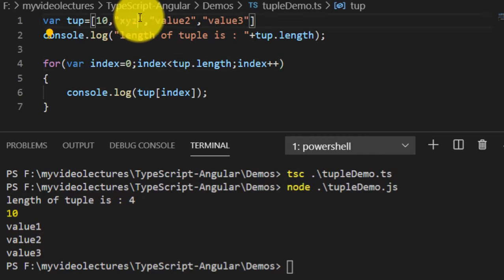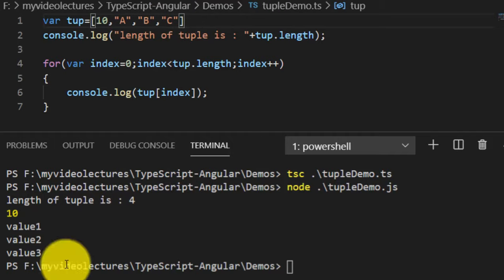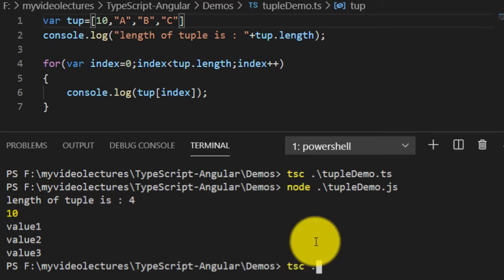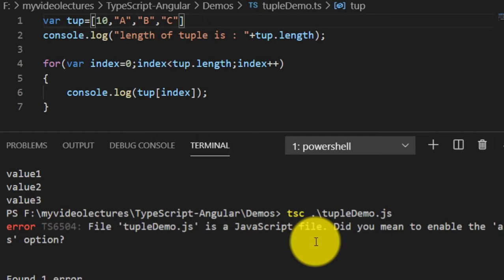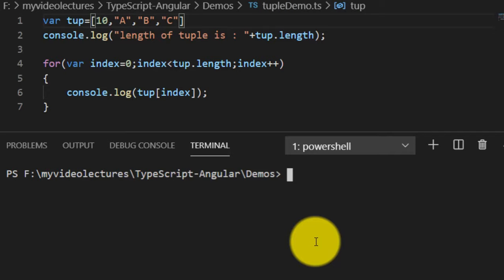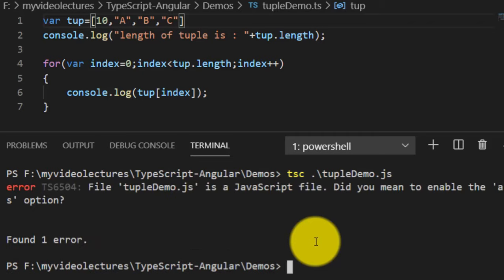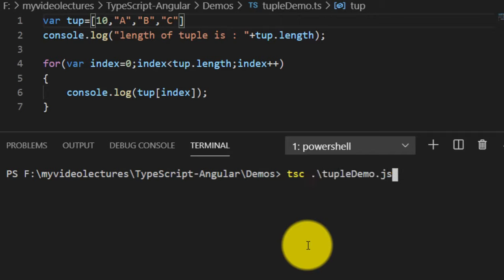Here you can also type x, y, z, a, b, c. Sorry, there is an error in the JavaScript file, this should be the TS file.